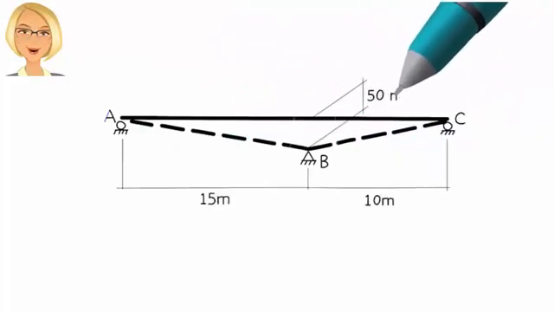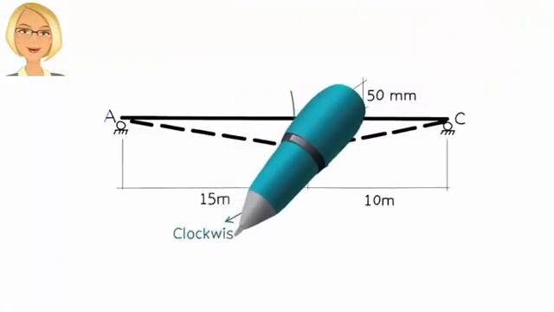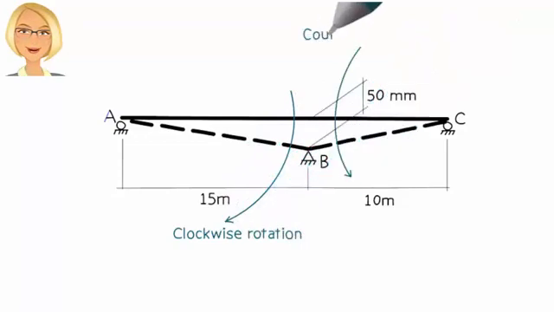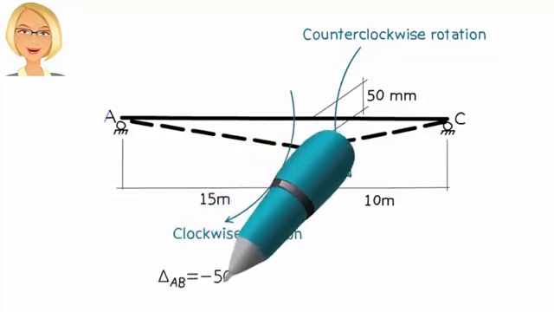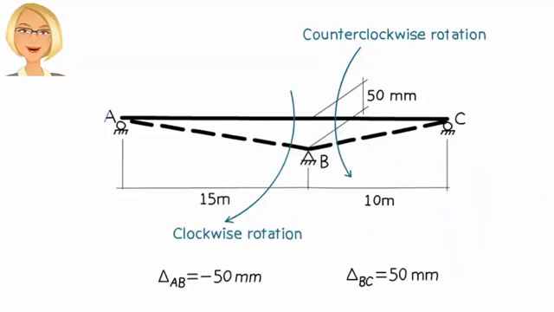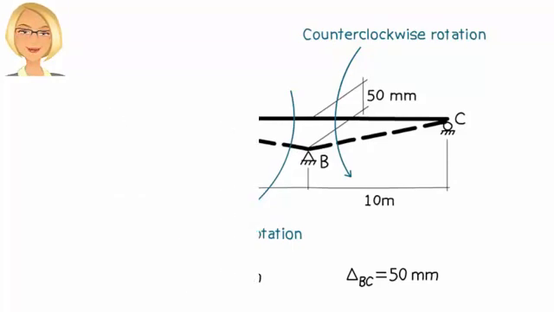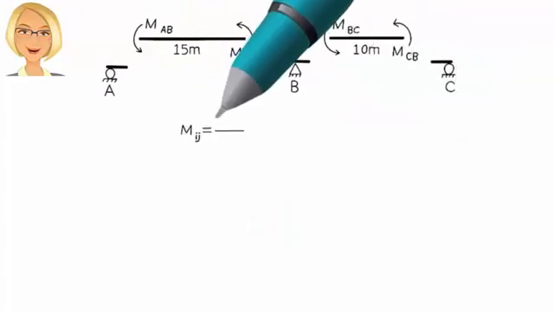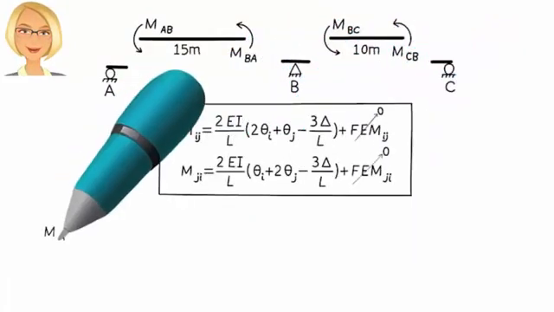To begin our analysis, let us observe the change in the bridge geometry caused by the settlement. Note that the downward shift at B forces segment AB to rotate clockwise and segment BC to rotate counterclockwise. According to our previous discussion on the slope deflection method, this means AB has a differential vertical displacement of negative 50 millimeters, and BC has a differential vertical displacement of positive 50 millimeters. To see how the slope deflection method deals with support settlement, let's write the slope deflection equations for each beam segment. For segment AB, we get